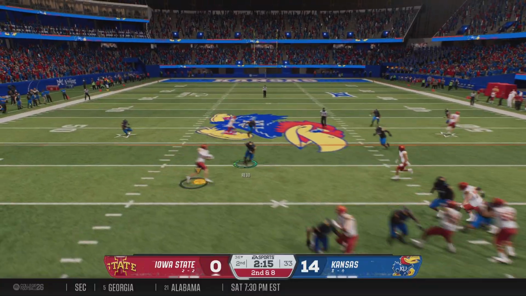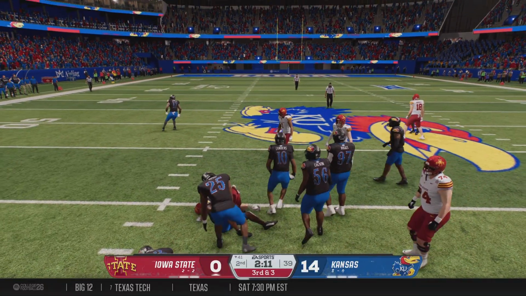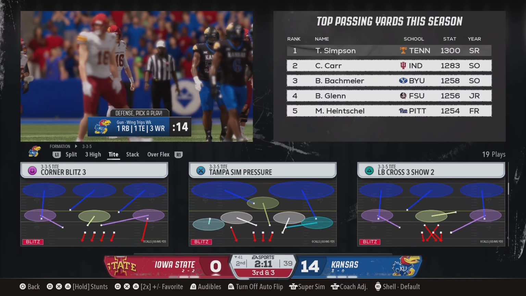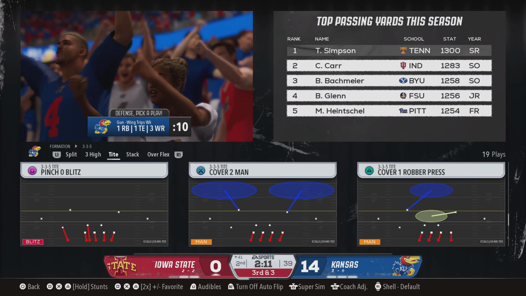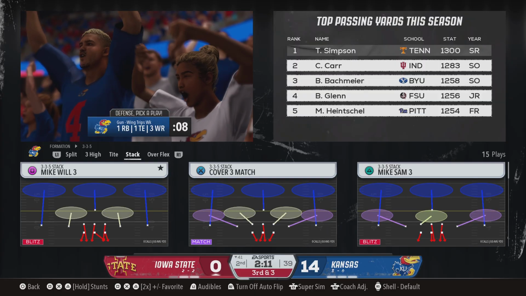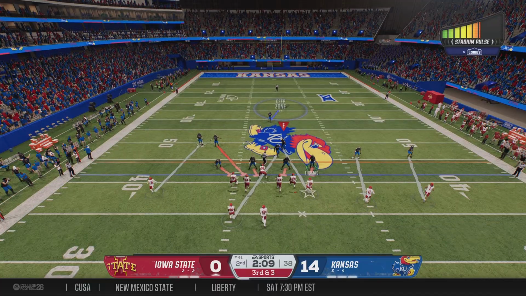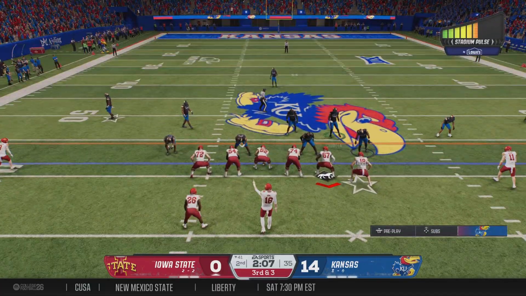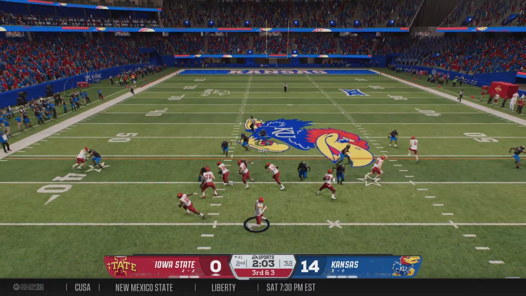Back to pass. Makes the catch. And he's able to shed one tackle, but still just a very short gain. I like the decision by the quarterback here. Just get the ball out of your hands, get it to your playmaker. A lot of times he'll dance and make even bigger plays than he did here, but it was still a positive game. And the Cyclones come to the line on third and short, trying to keep the drive alive.